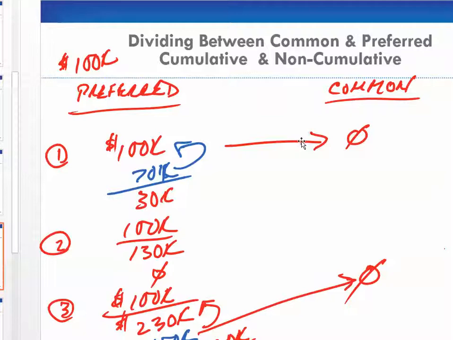Any dividend that's declared gets distributed, divided between the preferred and the common, and it all depends upon the terms that are given as far as preferred is concerned. And it's not something that's written in stone. There's no one set way of doing it. Each and every situation is different, and you have to look at each and every situation as it is, and think through the concepts. So with that said, it's going to be important that you do the homework problems in order to get used to dealing with a variety of situations. You're going to take the concepts that you've learned, the theory, and apply it to that particular situation.